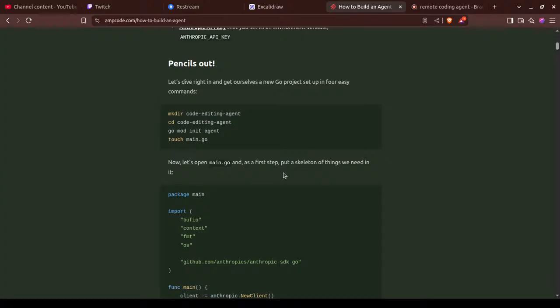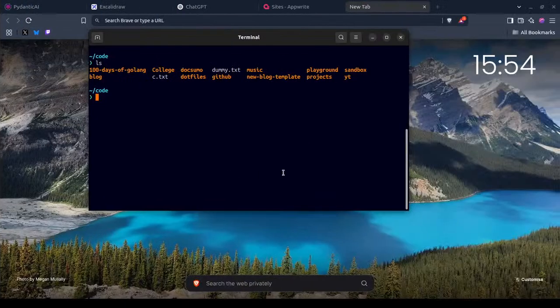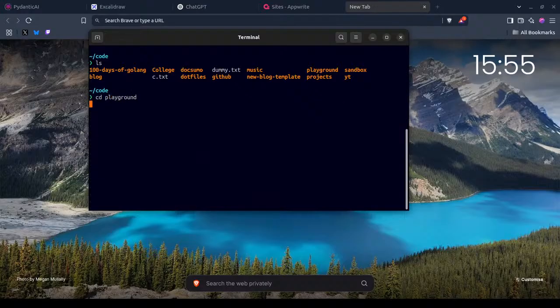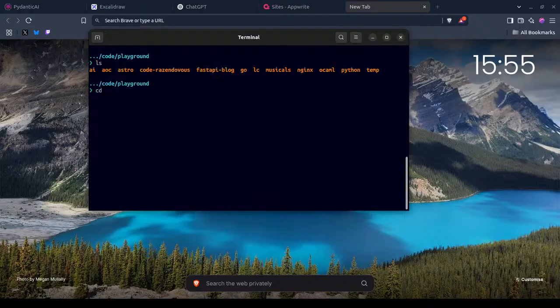So we might use Python here because I already have the SDK for Meta AI. Sadly, I have to use Python.